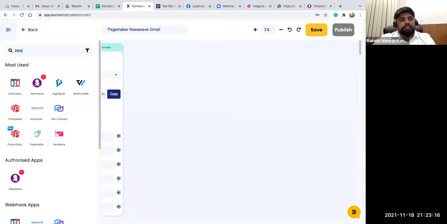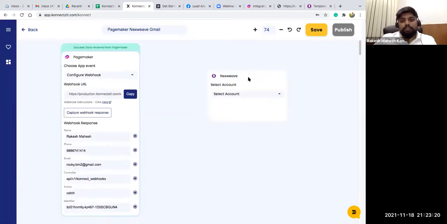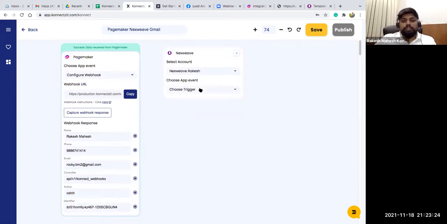So I'm gonna take NextView as my app. Just drag and drop NextView and choose my account. So I just choose an account again. Connexit actually supports all these actions. So you can actually create a video experience with the template, and you can